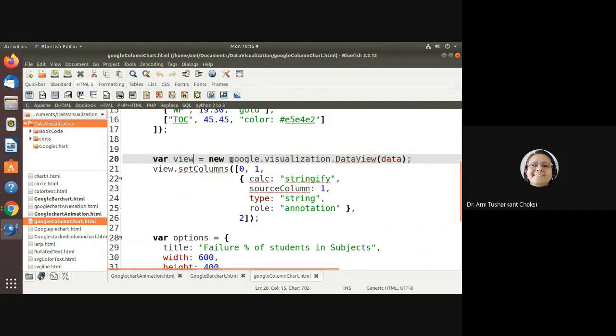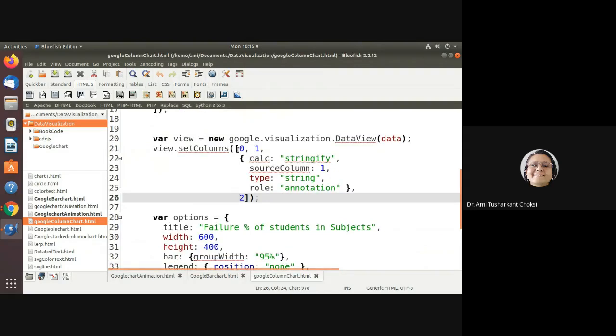That is making the object of google.visualization.DataView. Fine. View.setColumns. So we are specifying 0, comma 1. So two columns. For that we can say calc: stringify. Source column is column 1. Type is string. Role is annotation, right? So this is what we have specified. Now what? Comma 2. That is for the third column, right?